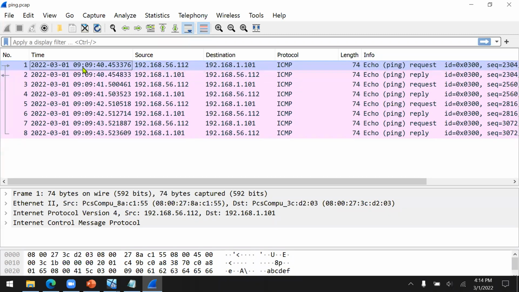Okay. So when it happened, it's from the 1st of March 2022, today. It also says it's 9 a.m., but it's actually 4 p.m. That's because in the timestamp, you still use the Unix timecode. So you need to add, for example, because we are in Bandung, I'm in Bandung, we need to add 7 more hours. So 9 plus 7 is 16. So 16:09, it's 16 p.m. Okay, this is the ping packet.